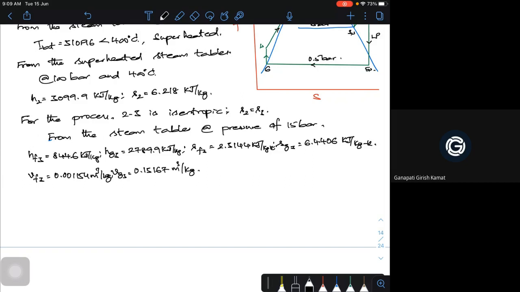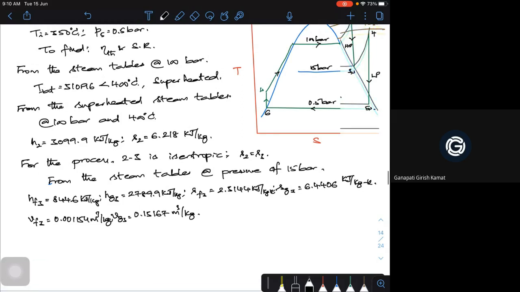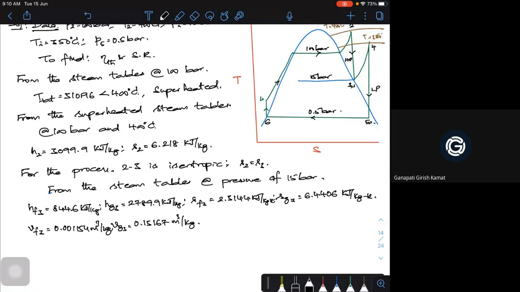So you have to practice and try to get these values. That's why I'm asking you people. I know all the values actually. The more you practice getting the values from your steam tables, the better you will be able to do that, because most of the problems are the same way. Now I'm at point 3.